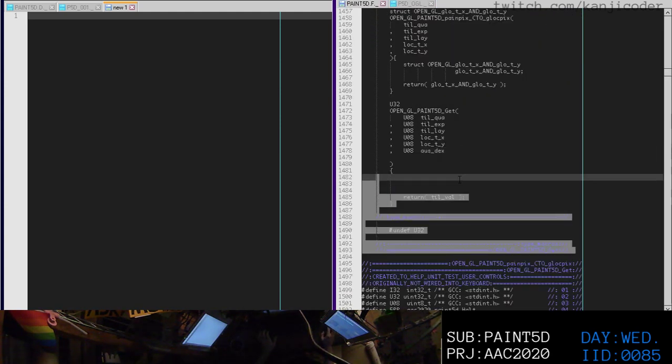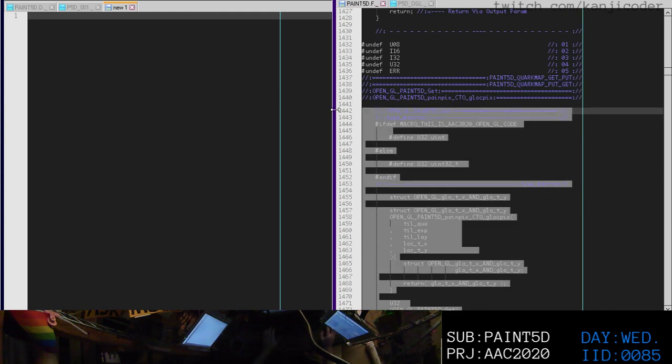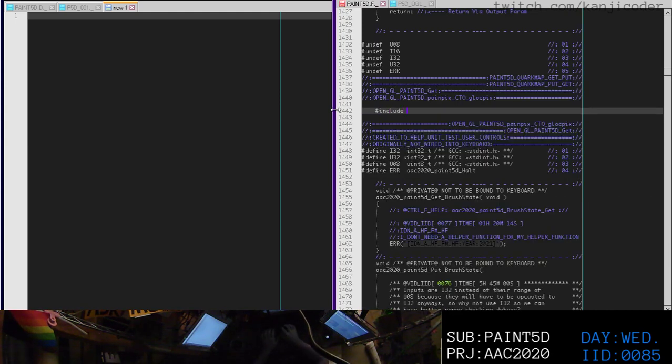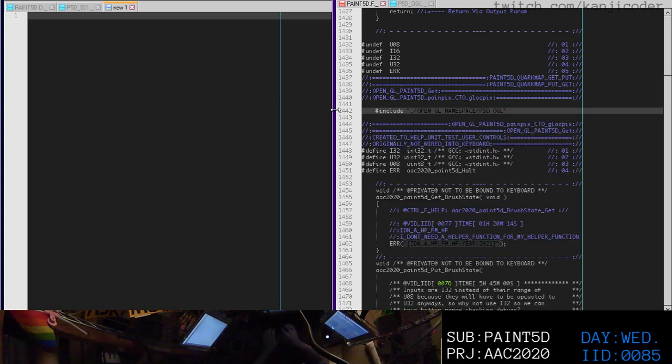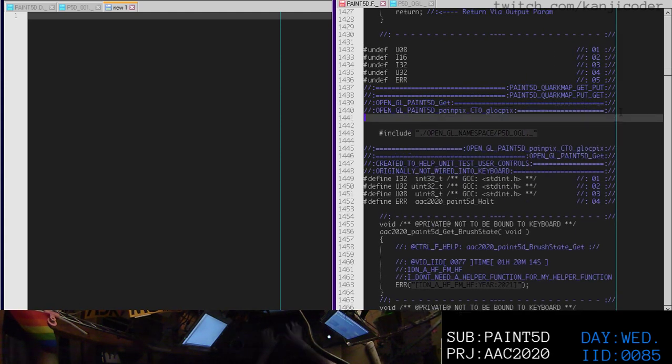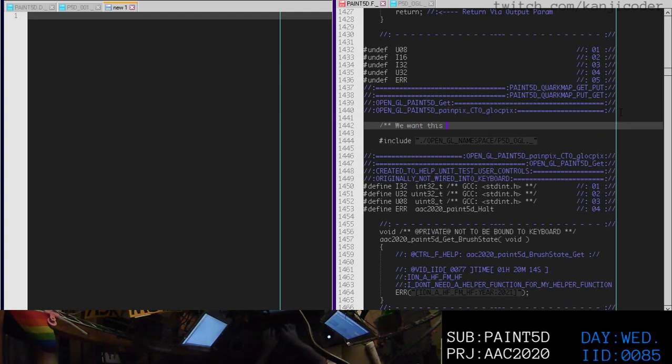And then here we could just say, you know, include, and we're already in PAINT5 in lib, so /OpenGL namespace/P5D OGL. Alright, we could include it like that, and just say, we want this code to be written in a way that